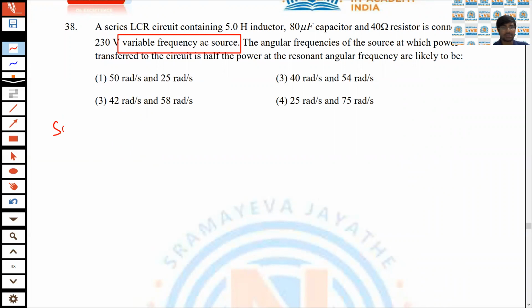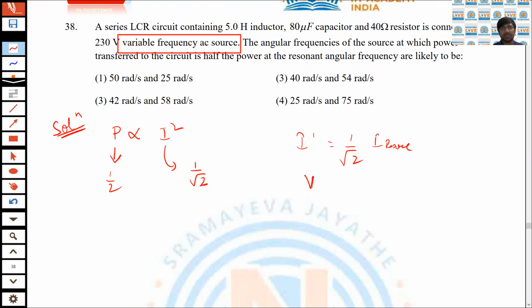Now, what we can analyze is that power is proportional to current square. Now, if power is 1 by 2, then current is obviously 1 by root 2 times that in the resonant circuit. So, I dash is equal to 1 by root 2 times I in resonance situation,